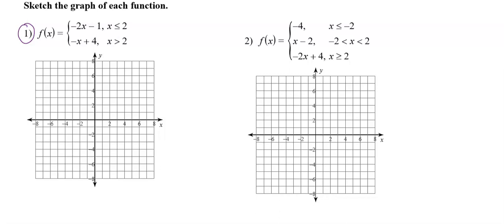So first I am talking about the first equation, which is minus 2x minus 1. We first find, when the x value is 2, what is the y value of the first function. So negative 2 times 2, plug in minus 1, we get negative 5. So when x is 2, y is negative 5. Let me mark that. That is a point on the first function. From here we start,